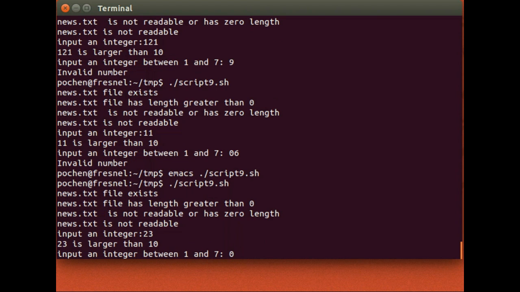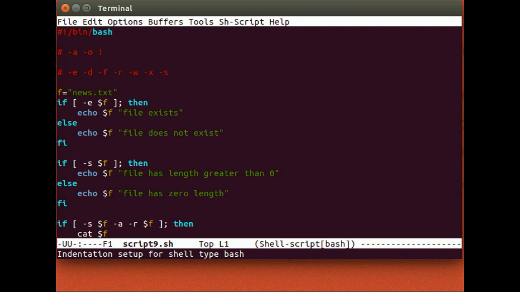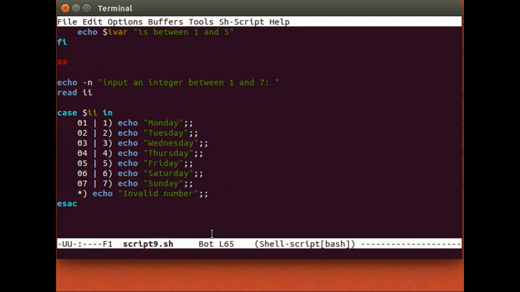So now let's do 0, 6 again. Then it's telling me it's a Saturday. So that's how you can actually use case to list a bunch of options and allow your input to be compared with all those options in a more streamlined